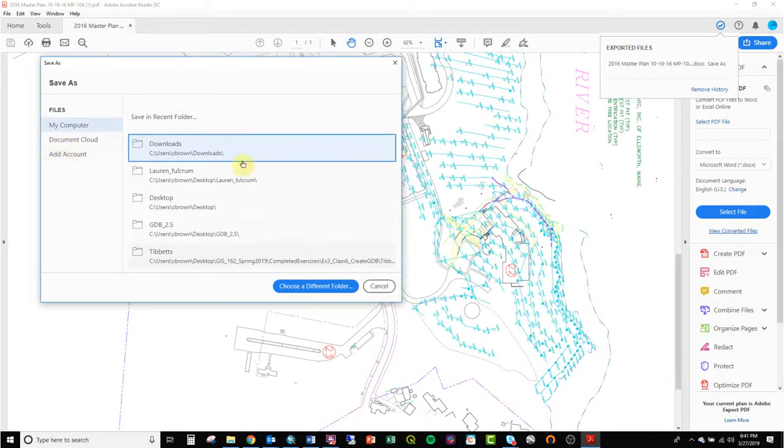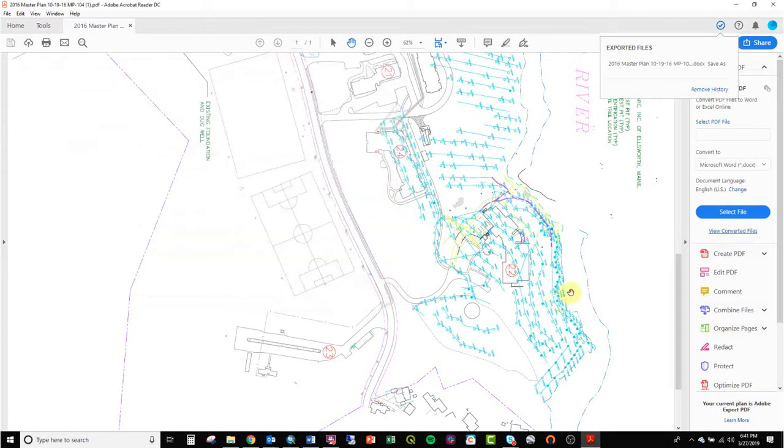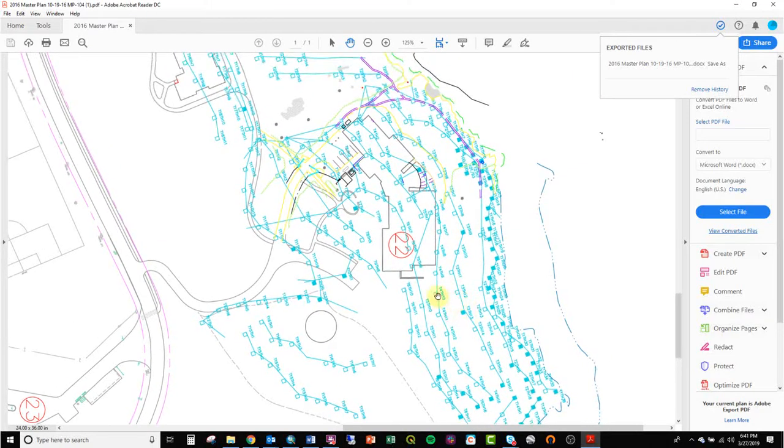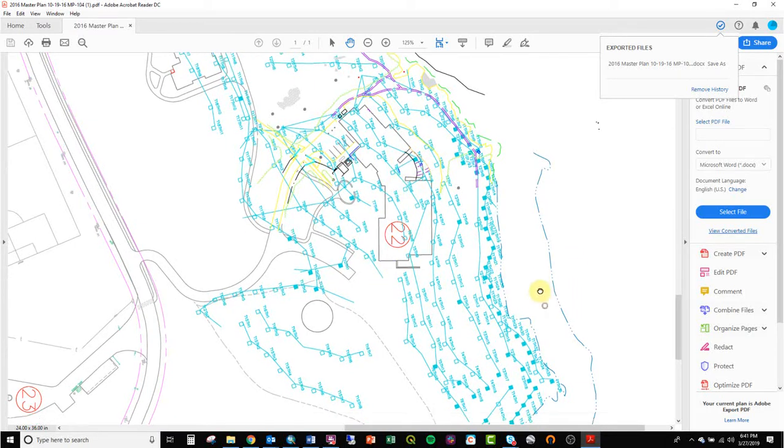Alright, so we could just take a screenshot of this. That's going to be the easiest thing, because we don't need the whole file. And if it's a small enough area, then we can just, because what we want is resolution. And if you take a screenshot when it's zoomed in on your screen, you'll get a higher resolution. So the furthest